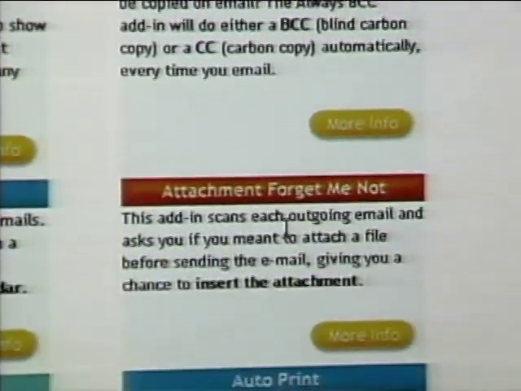This is one of my favorites, because I've been embarrassed more than once by sending off an email saying, here's the spreadsheet I promised you, sending the email and going, oh, I didn't send the attachment. So either the person sends you back an email, which is very humiliating, saying, no attachment, Steve, and you have to then send them the attachment, or you realize just as you hit send that you didn't send it, and you have to send the eating crow email saying, I forgot to send the attachment, here it is,